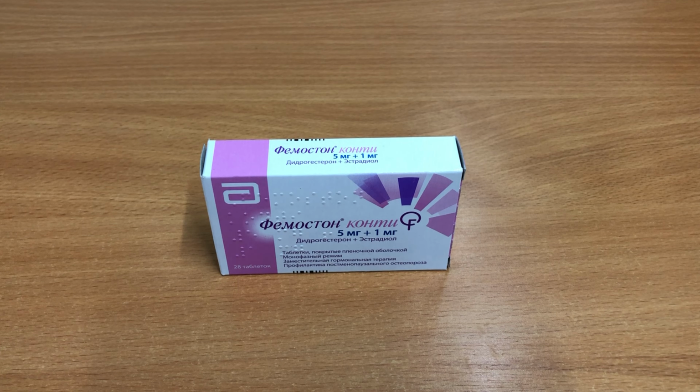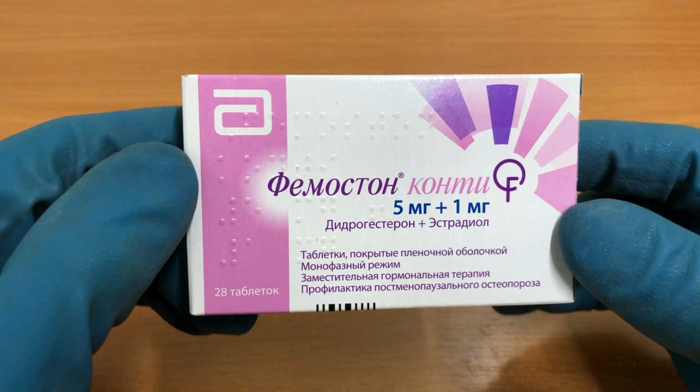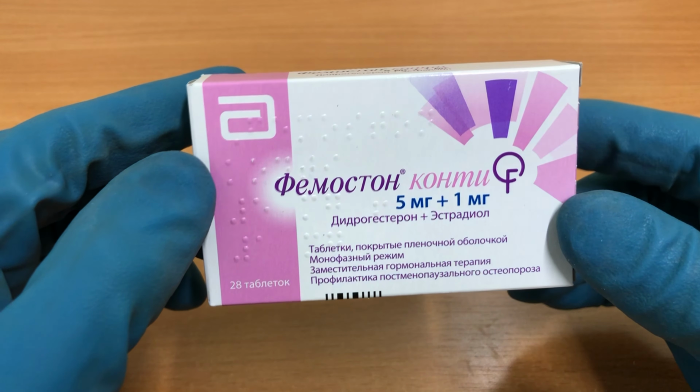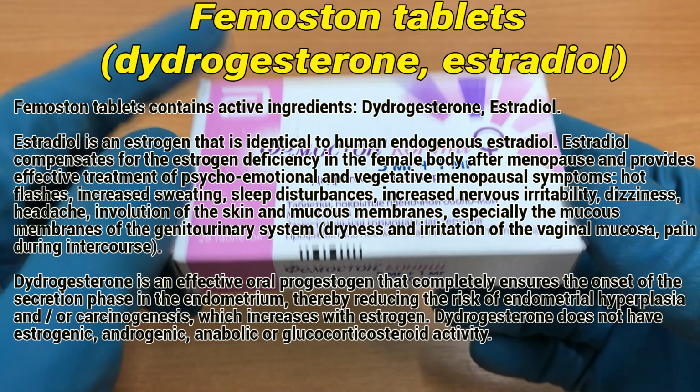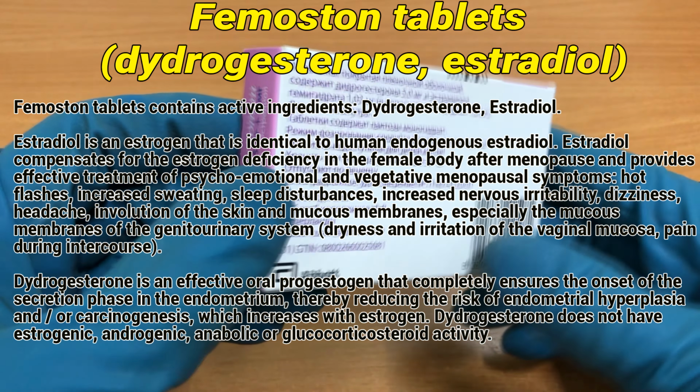Femoston tablets contain the active ingredients dydrogesterone and estradiol. Estradiol is an estrogen that is identical to human endogenous estradiol. Estradiol compensates for the estrogen deficiency in the female body after menopause and provides effective treatment of psychoemotional and vegetative